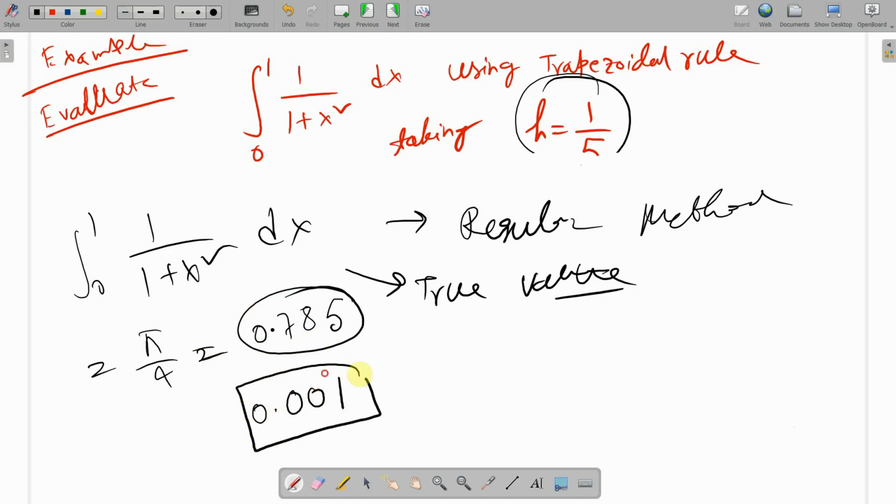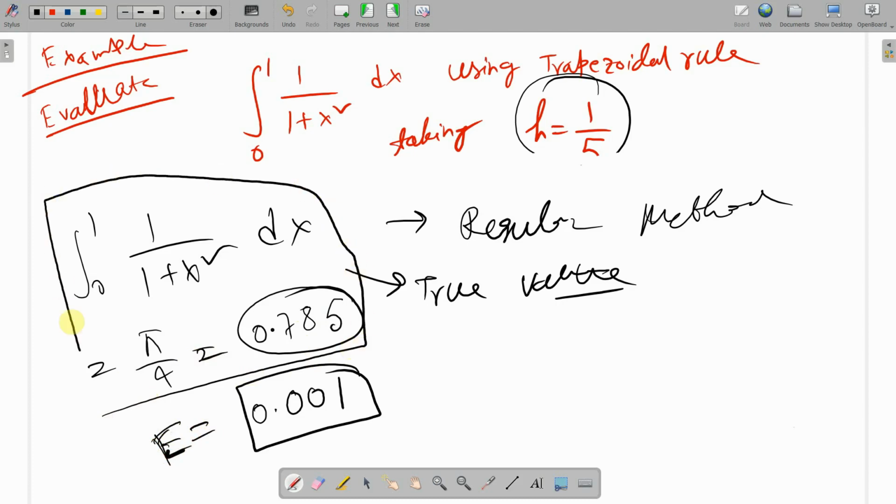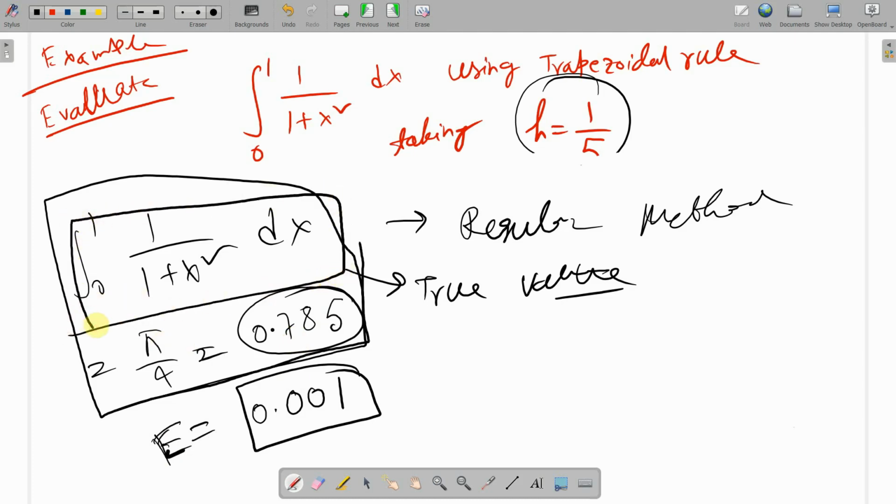0.001, सो दैट विल बी योर एरर। ये एक्चुअल रिजल्ट है। जिसको ये इंटीग्रेशन समझ में नहीं आया वो स्कूल वाली मैथमेटिक्स की बुक देख लेना कि कैसे करते हैं। और तुम्हारा एरर आ रहा है 0.001, मतलब ठीक-ठाक है। ओके, अभी there are some cases where you cannot calculate this by your regular method, वो भी तुम फेस करोगे, नेक्स्ट क्लास में करोगे, तब मैं डिस्कस करूँगा कि क्या करना है और कैसे करना है। ठीक है।